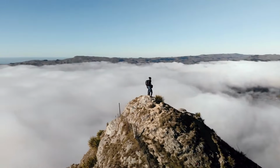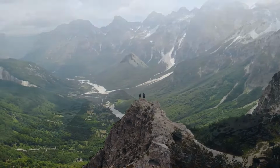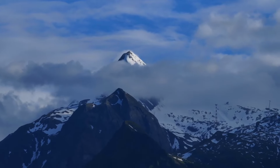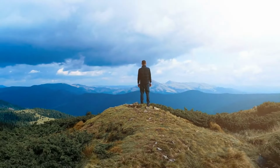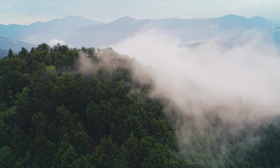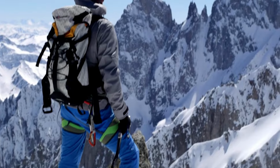Standing atop the Zugspitze, with the world at our feet, we find ourselves immersed in a moment of pure awe and wonder. The air is crisp and invigorating, carrying with it the scent of pine and the promise of adventure. As we gaze out at the panorama spread out before us,